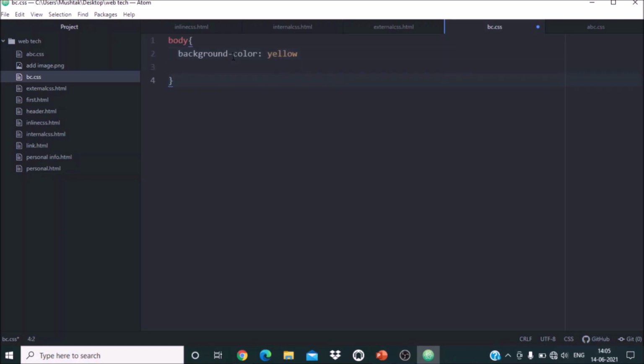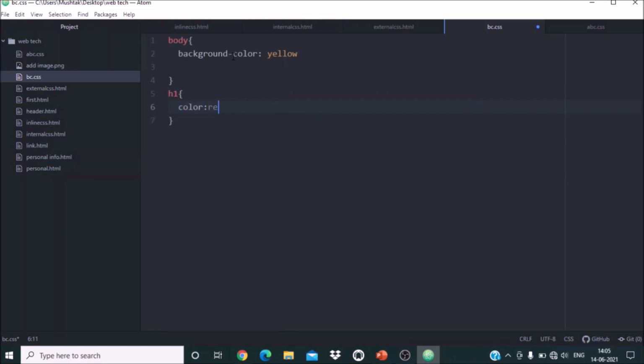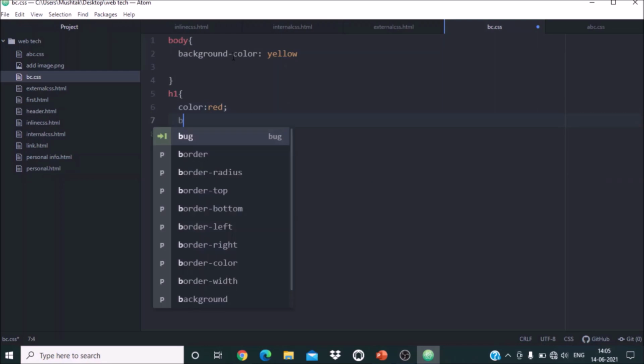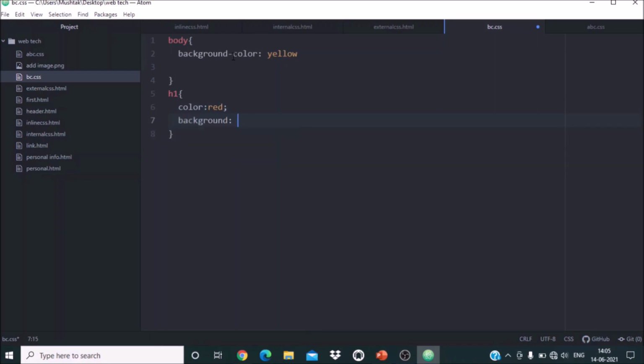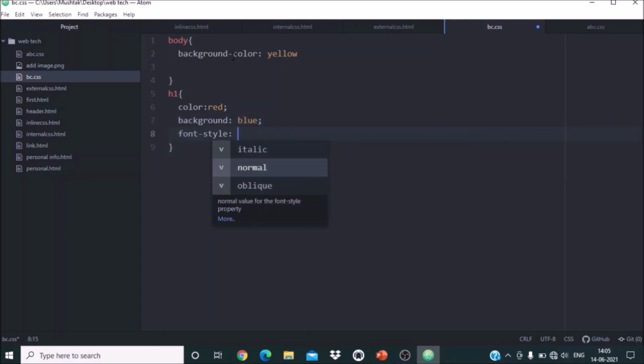Then I will have h1 tag. So h1 selector, here I will have color of it as red. Then background, suppose I want a blue color background, and I will have font style as normal, or you can have oblique.